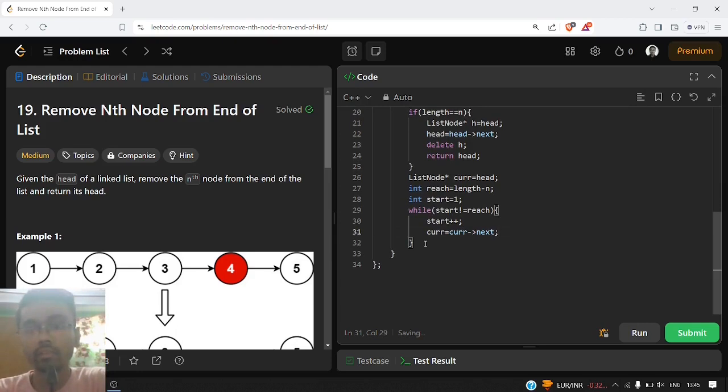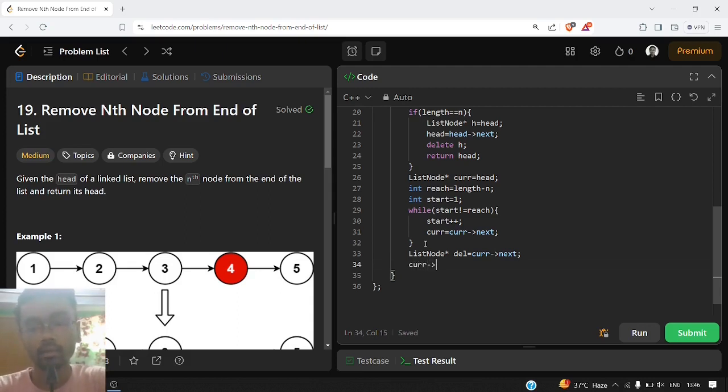Once we have reached that particular node, we first need to store the node which we want to delete. So ListNode star del. We'll store that node in del so that we can remove it from memory afterwards. That particular node will be current's next, and we need to change current's next pointer.